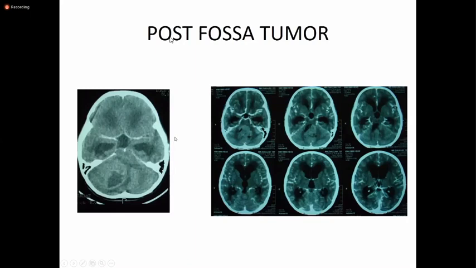This is another reason for the obstructive hydrocephalus, in which there is a large tumor in the posterior fossa, and it is causing obliteration of the fourth ventricle. Fourth ventricle lies over here. So it is causing obstruction of the fourth ventricle. And how do you pick up the hydrocephalus? Only in this slice. You do not have the other slices, and you have got only one slice.